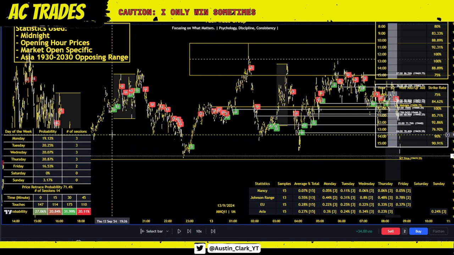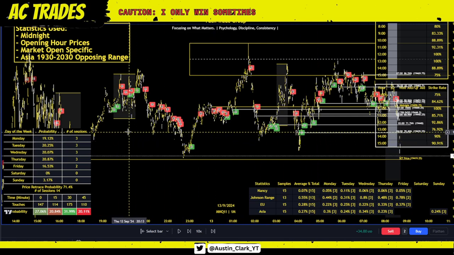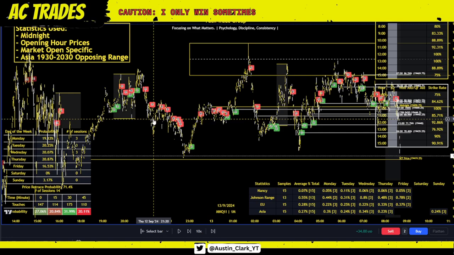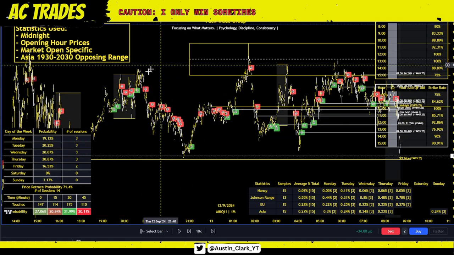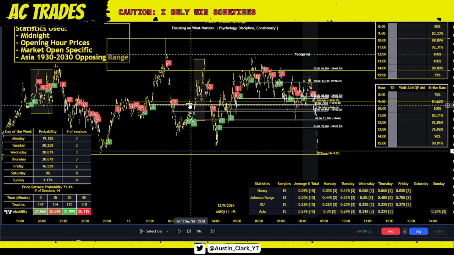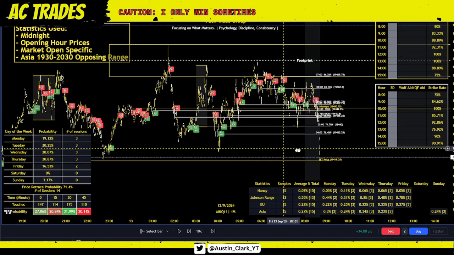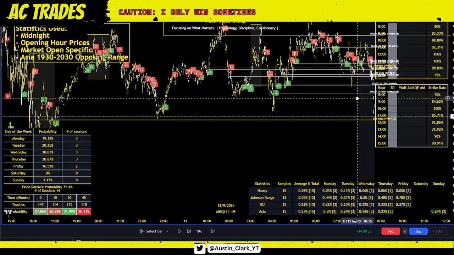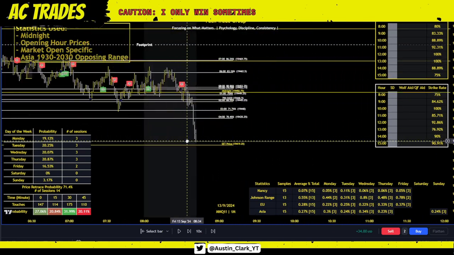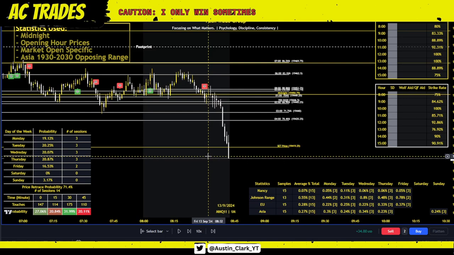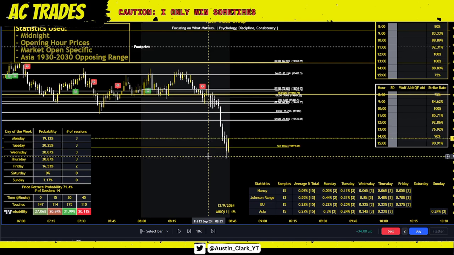Absolutely not. Scroll back and see, okay, do we have an Asia? Nope. Because look, we broke above Asia, came back down, hit the other side during Asia, so we don't have Asia unmitigated. Whatever you want to call it, unmitigated, unretraced, doesn't matter. Didn't hit, right? We come down here and we can see we're far extended below every other data point to the upside as far as the retracements go. And so now my eyes are opened up. I'm like, all right, maybe now we're looking for a potential high probability long.